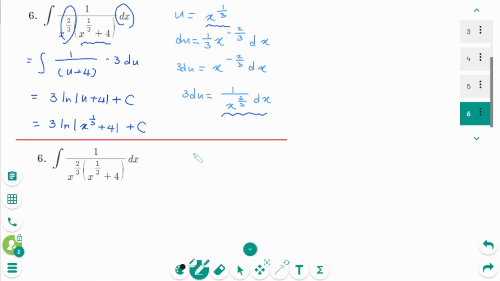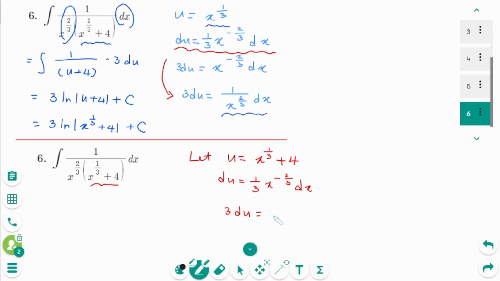But how about this? Let u equal this whole thing, x to the power of 1 over 3 plus 4. Then du equals 1 over 3 x to the power of minus 2 over 3 dx, which is the same as this one. That means 3 du equals 1 over x to the power of 2 over 3 dx. Now change all x into u. The integral of 1 over this whole thing is u,